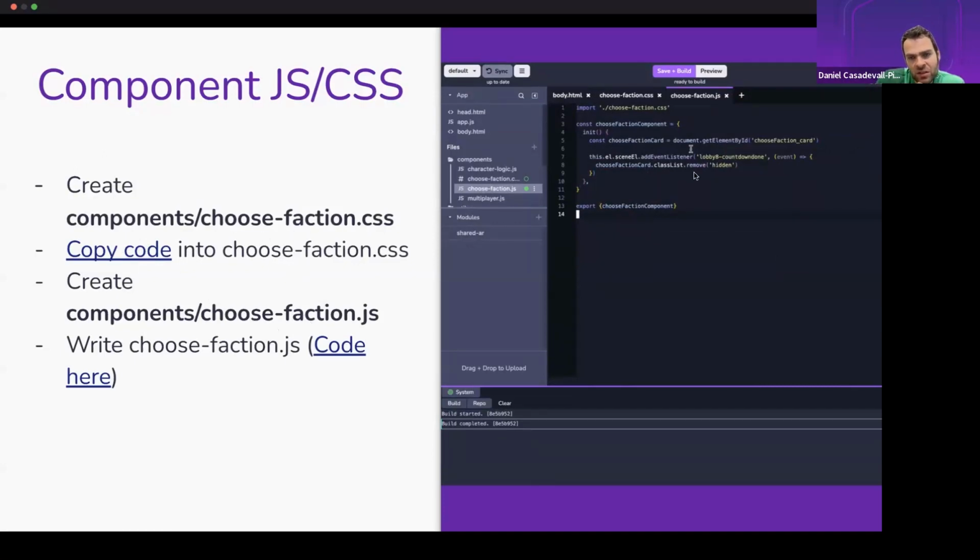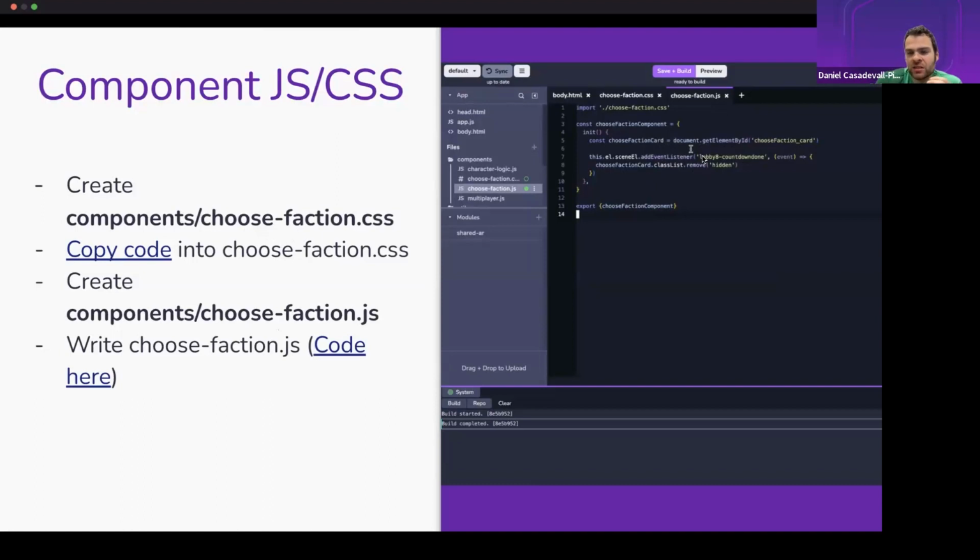And for the JavaScript, you can probably type this up or just copy it, but it's very quick and easy to understand. We're just going to grab this faction card and show it, and pay attention to this here. We're going to show it once the lobby countdown done event is received. This is what I was talking about earlier when I said that the lobby has a set of events that your application will hook up to.